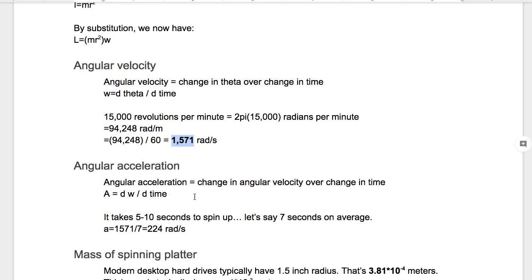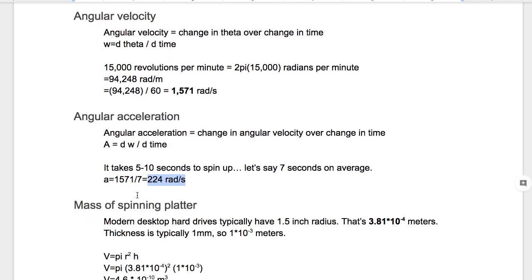Now if you want, on the side, while we're doing this, we could divide this by the amount of time it takes a hard drive to spin up. Most hard drives take about 5 to 10 seconds to spin up. So if we say 7 seconds on average, and we divide our 1,571 radians per second, which is our angular velocity, by our change in time, we get about 224 radians per second squared for our angular acceleration. Now, continuing back onto the main problem,